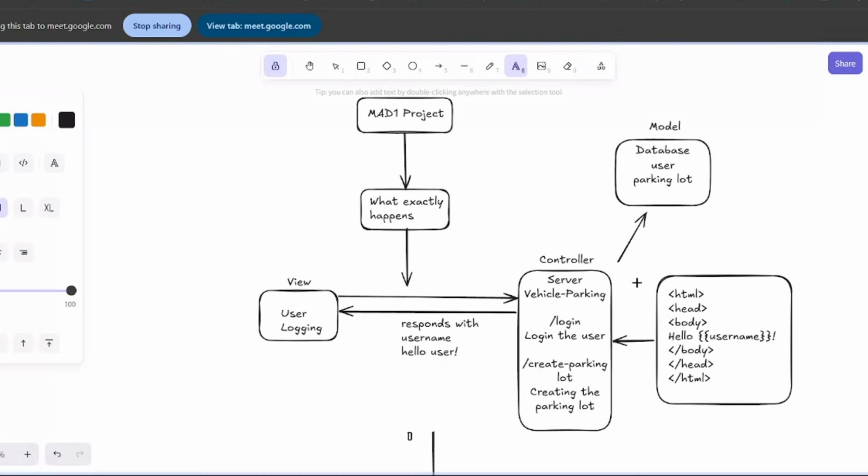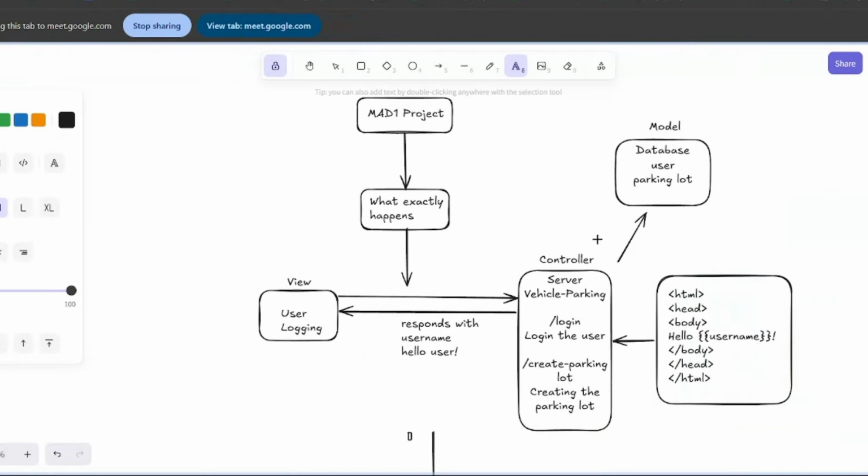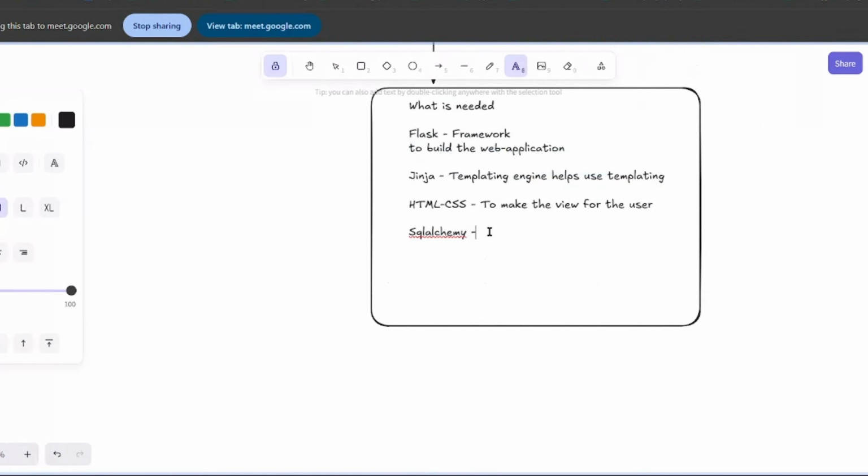Okay, with the Flask. So how do we communicate with the model? Because the model understands only SQL. The model understands the SQL language. Then how do I exactly communicate with my model easily? So there comes SQL Alchemy. SQL Alchemy basically helps us communicate with the